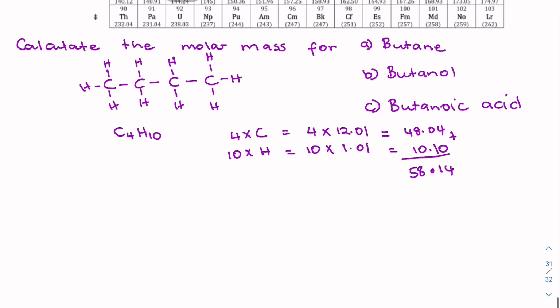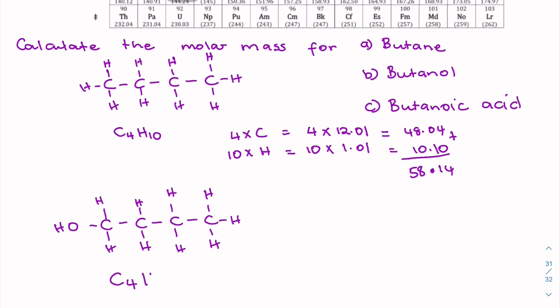Butanol looks very similar to butane, except one of the hydrogens is replaced with an OH. So the formula will be very similar. If we count the carbons, hydrogens, and oxygens, we get 4 carbons, 10 hydrogens, and there's an oxygen. So again here we're going to have 4 times C, 10 times H, and 1 times O to give us